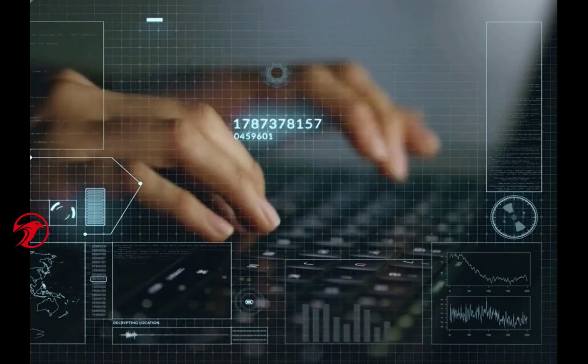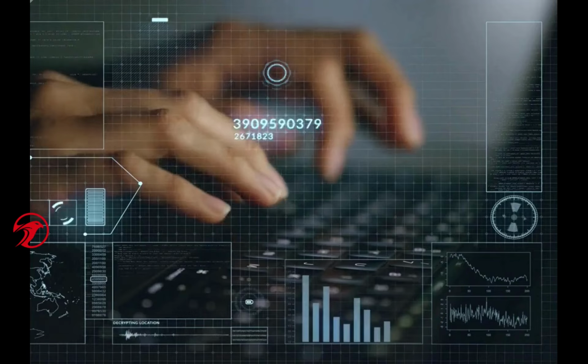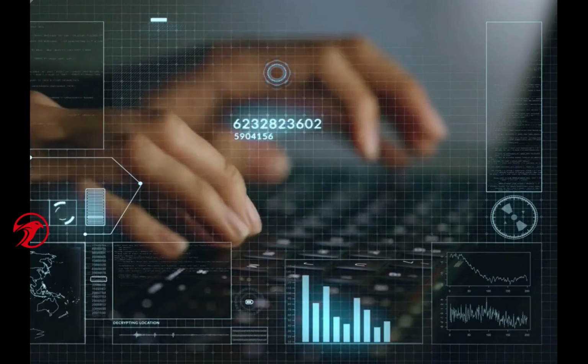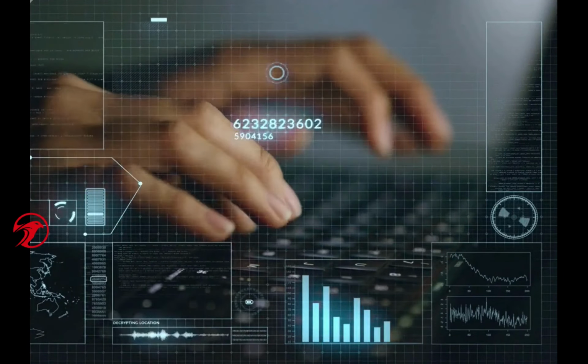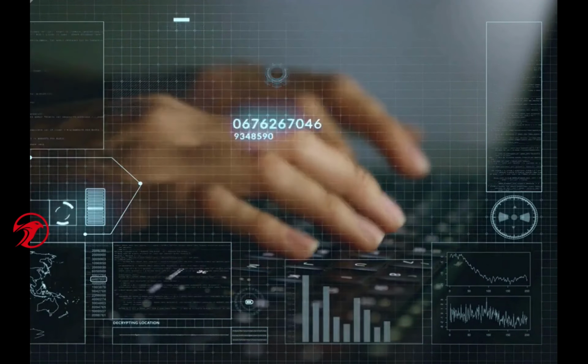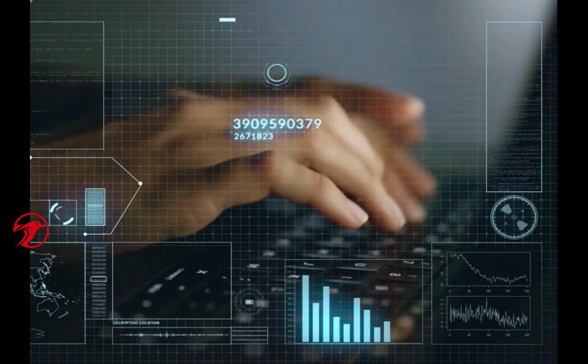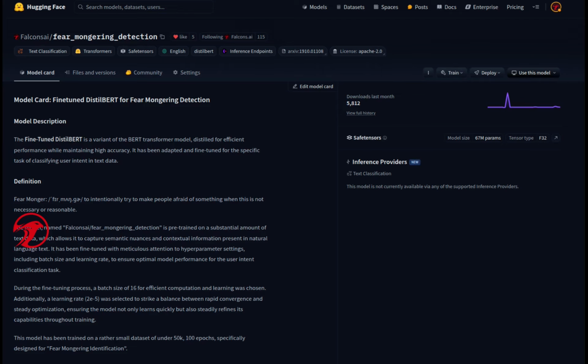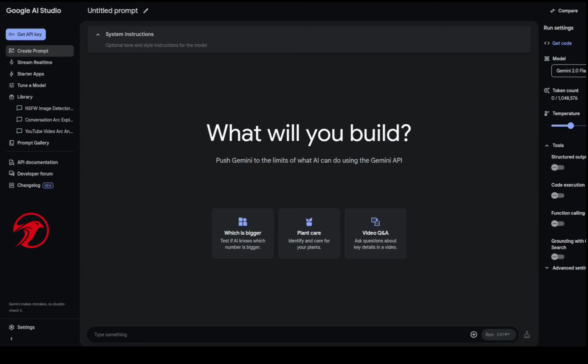So what we're going to do in this go around is we're going to use Google AI Studio to build a fear mongering detection application using the FalconsAI Fear Mongering Detection model located on Hugging Face, and it is available for free. There's the landing page for the model on Hugging Face. So we're going to go ahead and jump right into Google AI Studio,